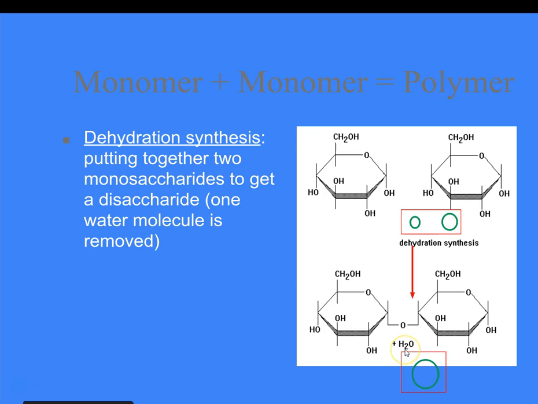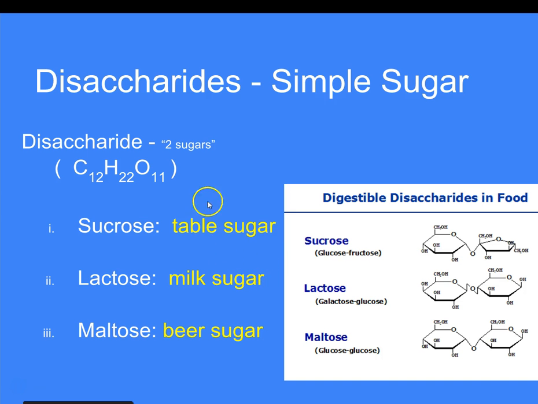We call this a dehydration synthesis reaction simply because it's dehydrating, or removing water, as a result of two simple sugars joining together. This is a very important process that happens in most autotrophic organisms, or plants. When these simple sugars join together, they can form another group of sugars that we call disaccharides. These are the common ones that many of us like to eat. We like to consume these.